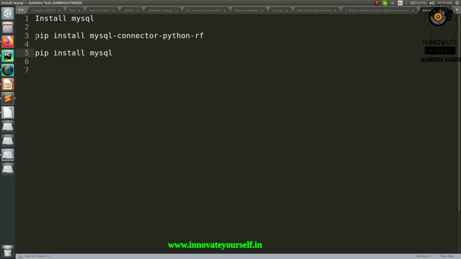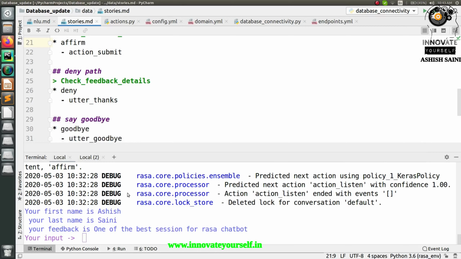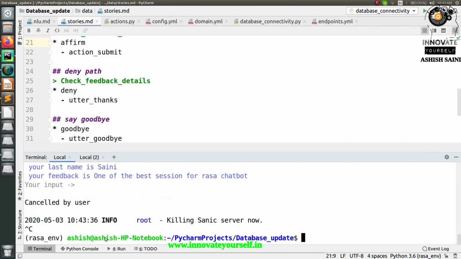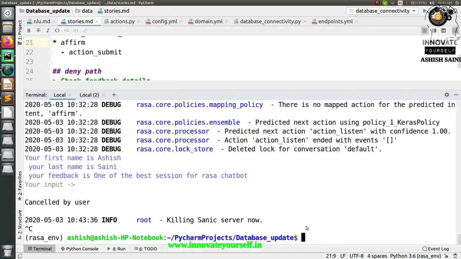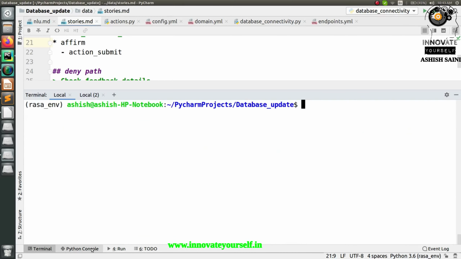Now let's install both of them, right? Simply type this command into the project. For now, just stop this like we have already done. Here you can see I already have this environment activated on my system, on my terminal.